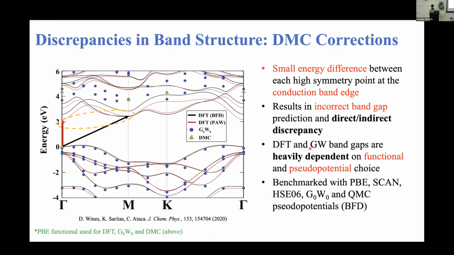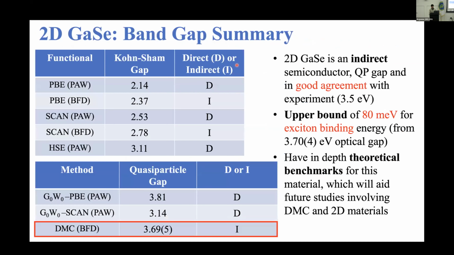So in addition to the DFT dependence on these kinds of factors, GW is also very dependent on the starting functional to get the initial wave function for the perturbation. So alongside our DMC excitation energies, we benchmarked this pretty heavily with other methods. And as you can see here, there's a lot of varying direct or indirect discrepancies. And we confirmed with DMC that 2D gallium selenide is an indirect material and the quasi-particle